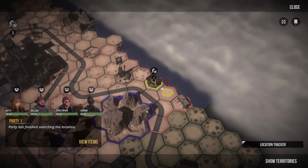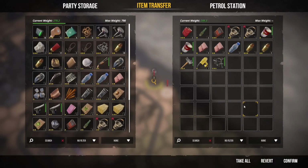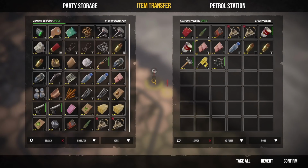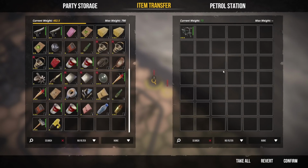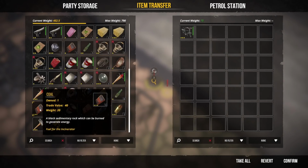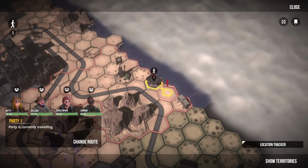Right, now let's just take a quick check over here. Right, fingers crossed, everybody. Have we found tyres? No, we have not. Are there any tyres in our wasteland? Are there any tyres at all? Oh my goodness. There's some sand. That's quite good, because we need some sand to start decorating a little bit. So that's quite nice. We'll take everything, and then we will leave behind the bicycle frame, because we don't need the bike frame. And we can dismantle the sledgehammer. There is a bit of coal. Ah, that reminds me. Yes, confirm all that, and then head to...